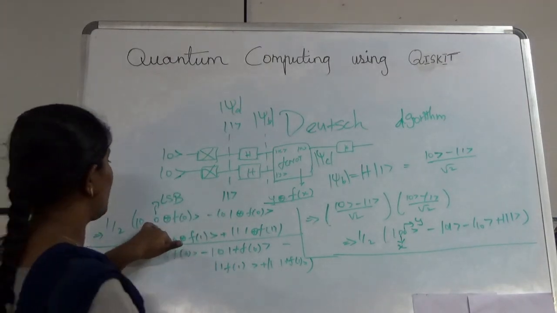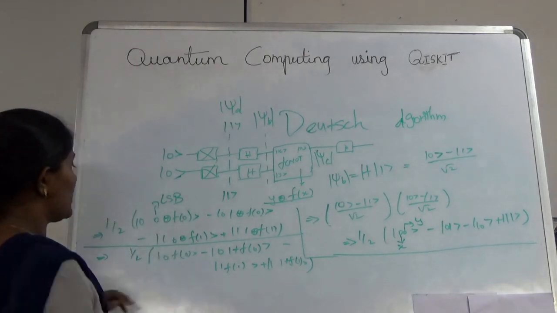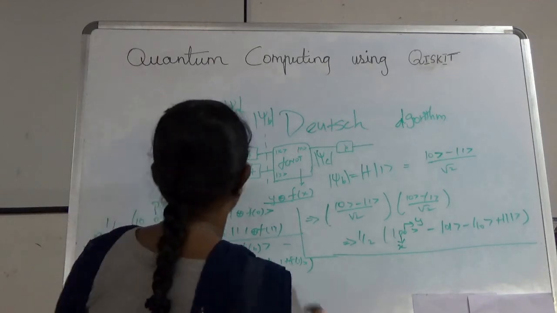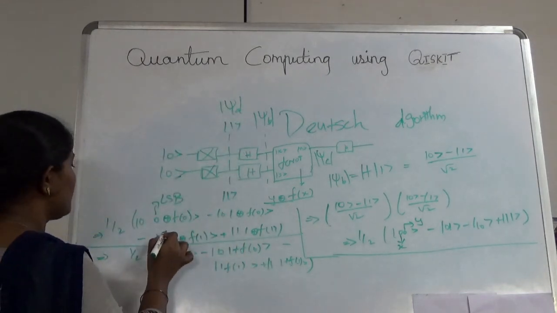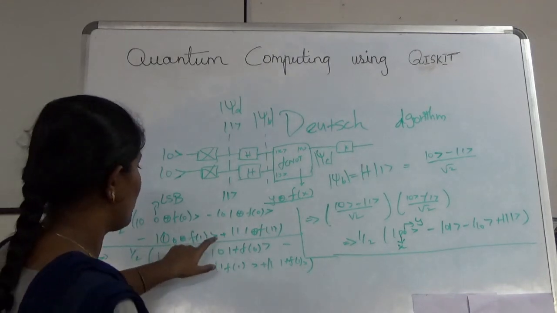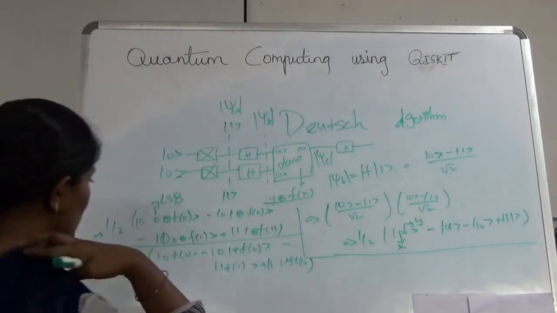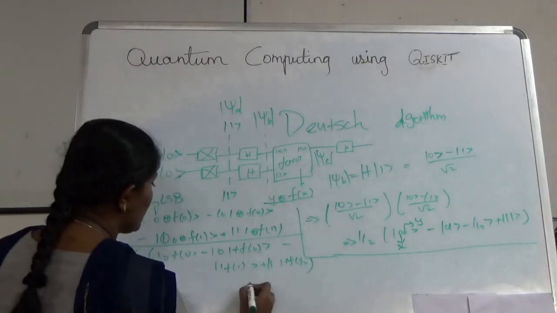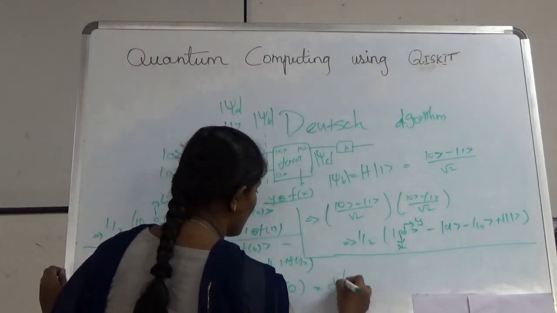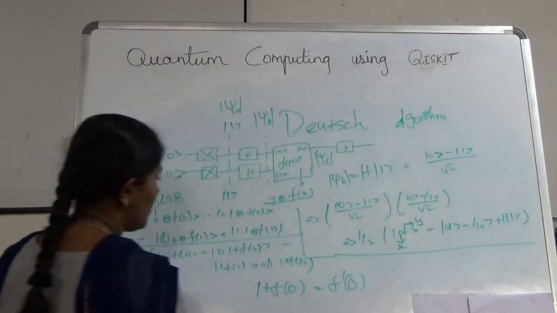Since the least significant bit is 0, there will be no changes, so we write this as f of 0. But if the least significant bit is 1, there will be changes in f of 1. So we keep 1 plus f of 0 as f dash of 0,